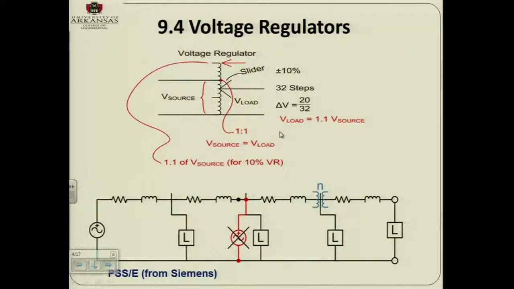So basically, the question that we had at the beginning was, what is the difference between a tap changer and how to simulate a tap changer and a voltage regulator? The voltage regulator will be right along the feeder. You know, even that sometimes they show a voltage regulator at the substation. Why would you put a voltage regulator at a substation